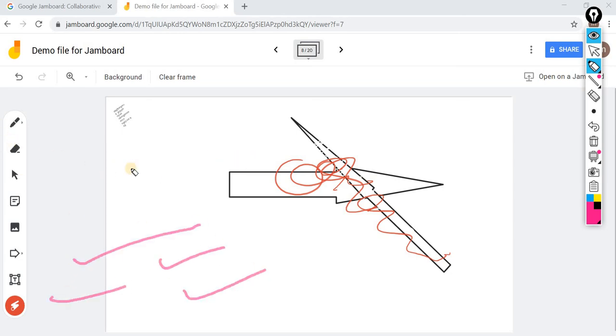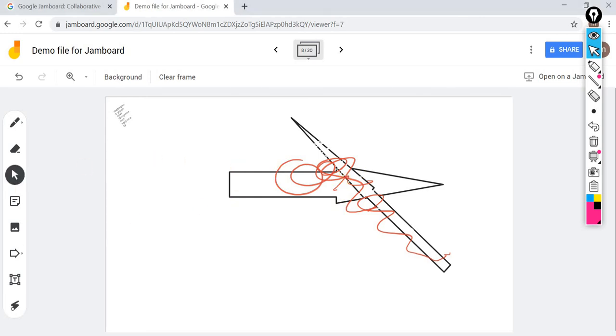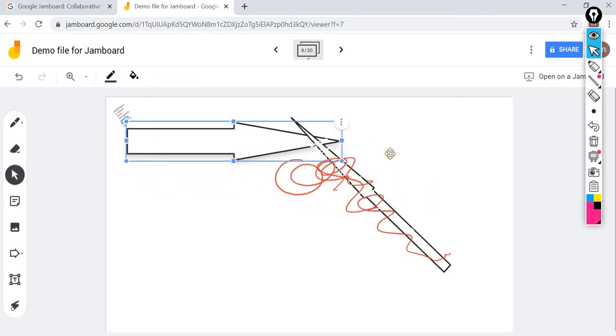Back to the point, if I want to change the orientation of this arrow, first I have to be on this particular selection. Now presently I am using the laser pointer. So I'll come to the cursor, I'll delete all these things which have come from Epic Pen. This was done with the pen. Now I will select this. Once it is selected with the arrow, then I will touch it here, then I have the option.